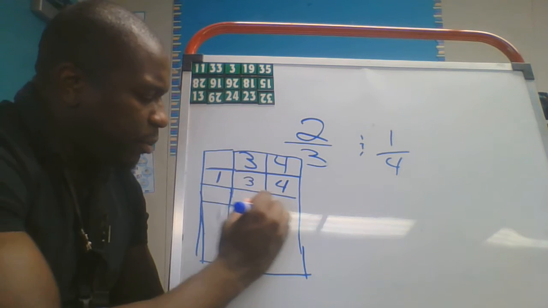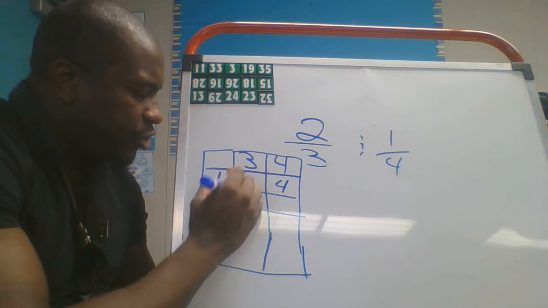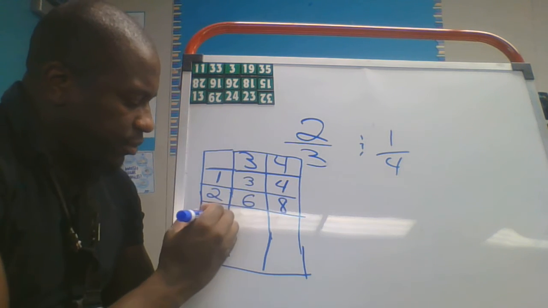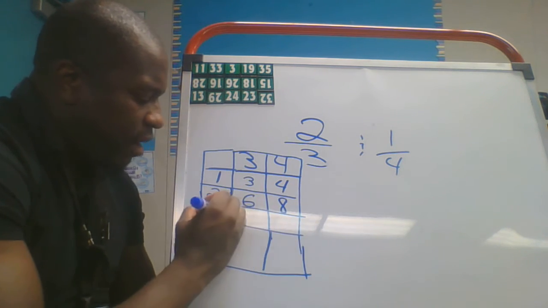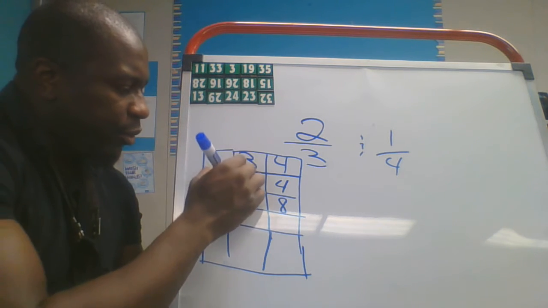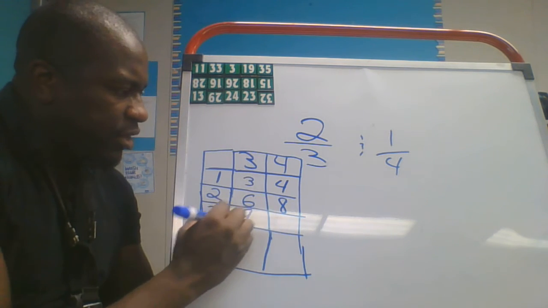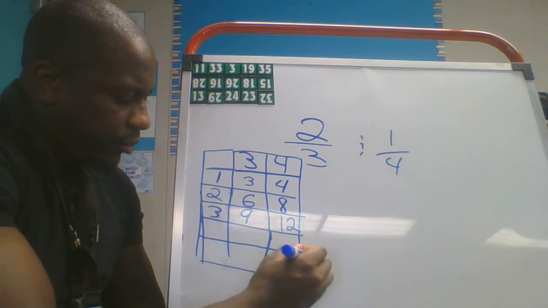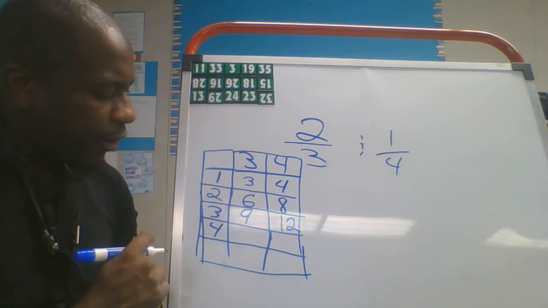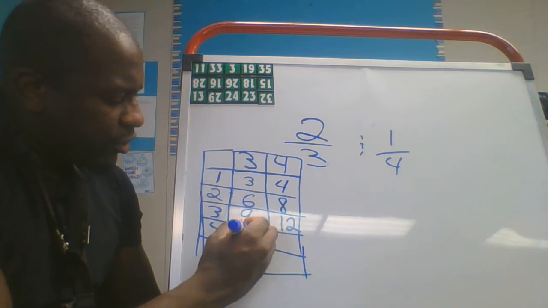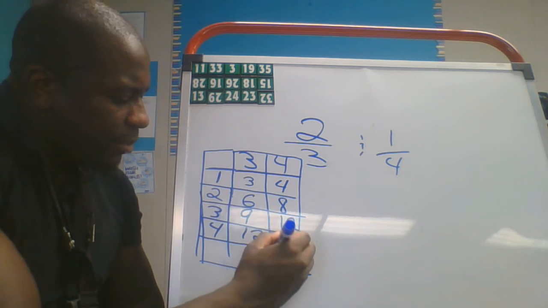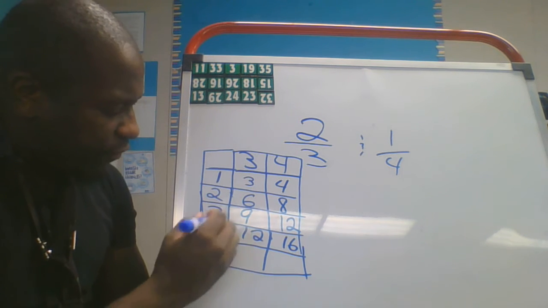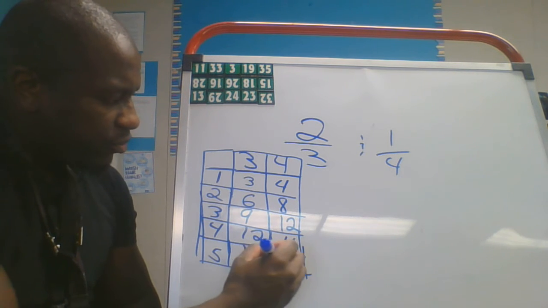Okay, so if I'm multiplying by 2, 2 times 3 is 6, 2 times 4 is 8. If I multiply both by 3, 3 times 3 is 9, 3 times 4 is 12. If I multiply them all by 4, 4 times 3 is 12, 4 times 4 is 16. Now if we finish out here, if I do 5, I'll have 15, and I'll have